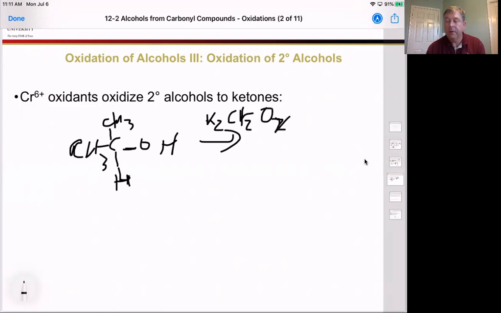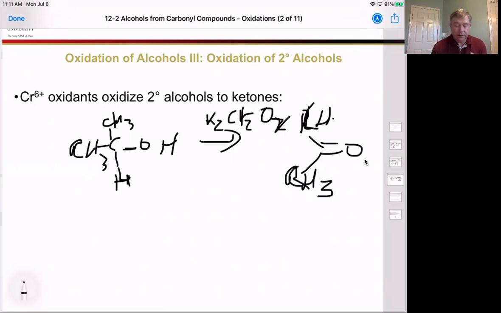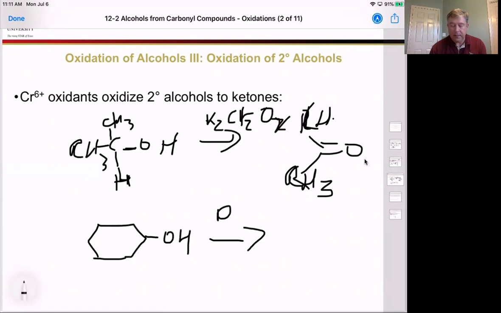that's a 7 right here. That'll oxidize them all the way down to ketones. All secondary alcohols are oxidized down to ketones with these chromium oxidizing agents. In fact, if you have a secondary alcohol and you use PCC, it will also oxidize your secondary alcohol down